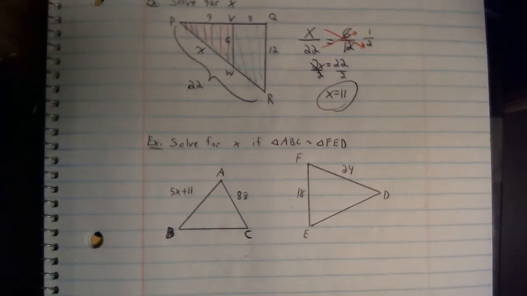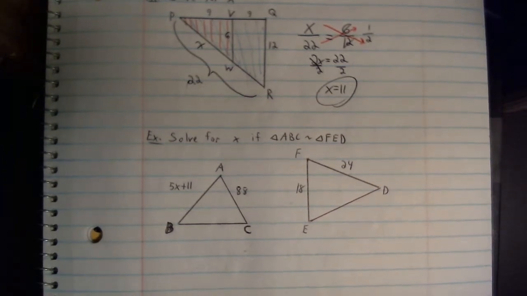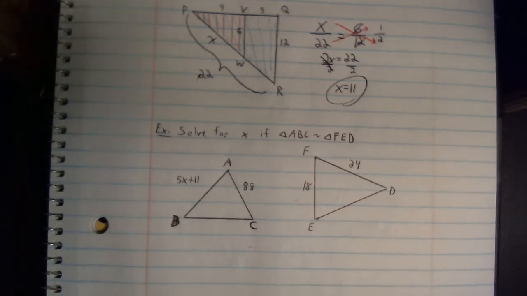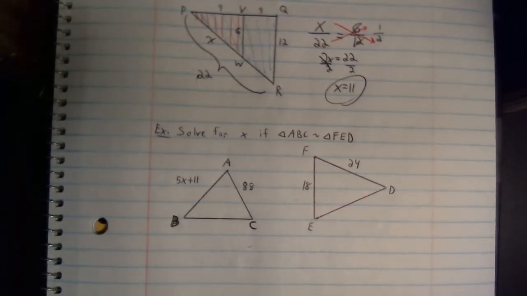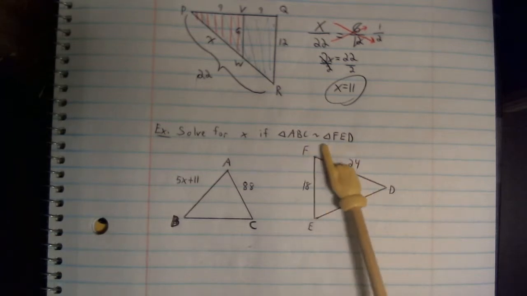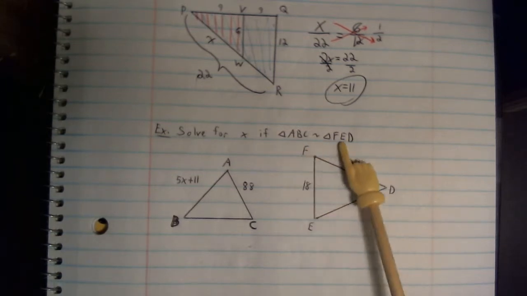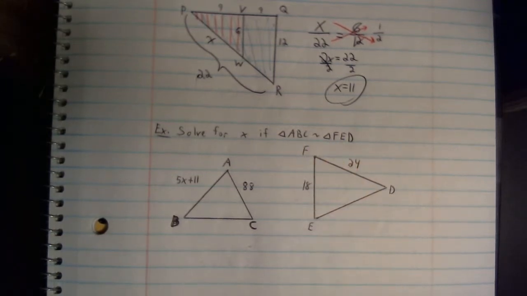Here's another example. It's pretty much the same thing that we were doing. However, this time we have an equation. Well, is that going to alter what we're going to do? No, because we're still thinking about the fact that we have proportional sides. We just need to set up the correct proportion. And lucky for us, they tell us right in the instructions what sides and what angles correspond to make our